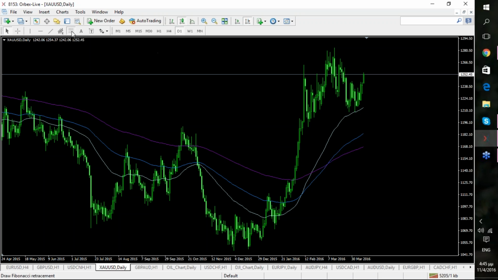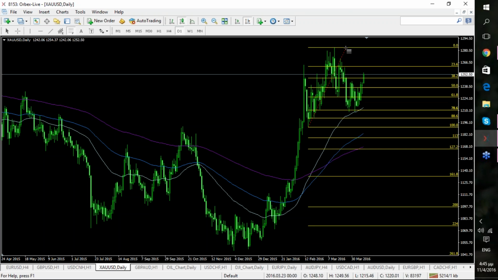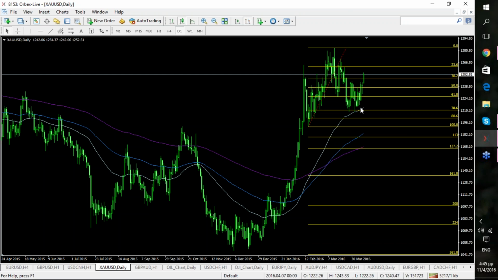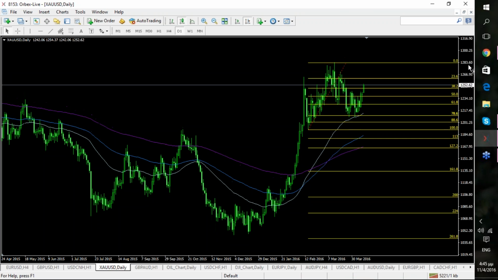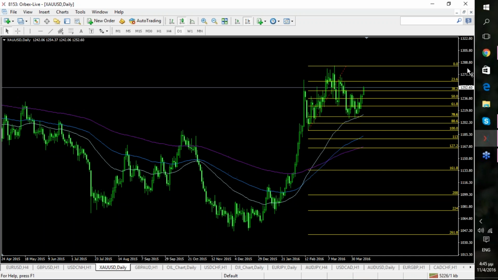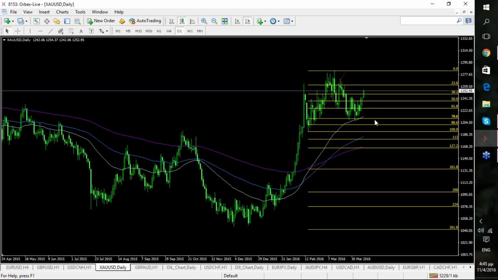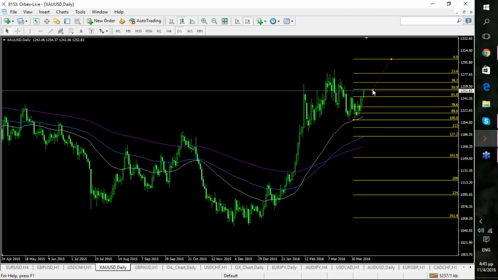So what I'll do is then I'll pull it from here, making it a potential A to B, to look at where my C has actually landed. My C has actually landed very nicely at the 78.6 level. So if I take my AB equals CD somewhere here, then the projected TP area would fall at this point